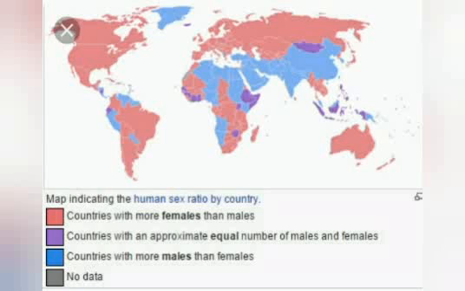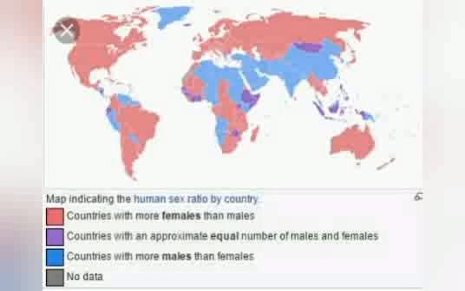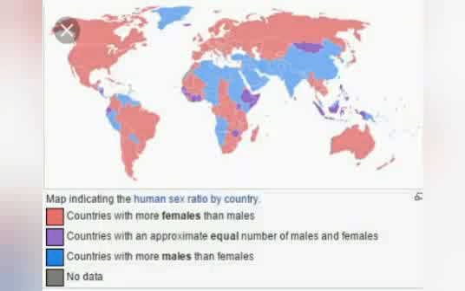Now, world patterns of sex ratio. Number of males in the world as a whole marginally exceeded the number of females. Okay? However, among the various continents, Europe, North America, Africa were characterized by the preponderance of females. The continents of Latin America, Asia, Oceania suffer from the paucity of females. Okay? Europe has the highest sex ratio of